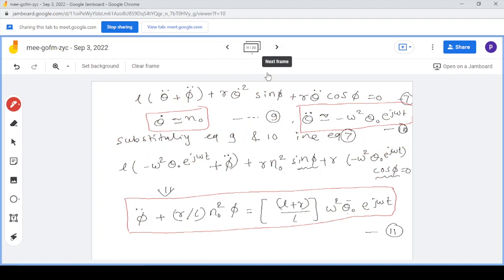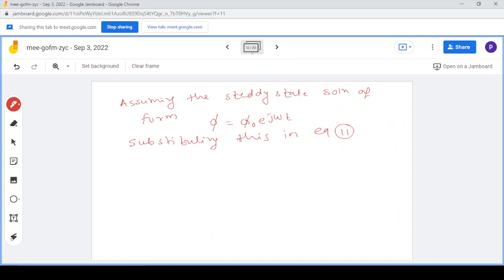So what are we going to substitute? Phi is equals to phi 0 e raised to j omega t, right? So we obtain the expression as